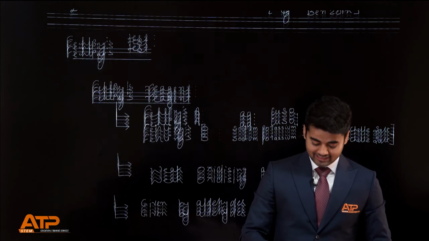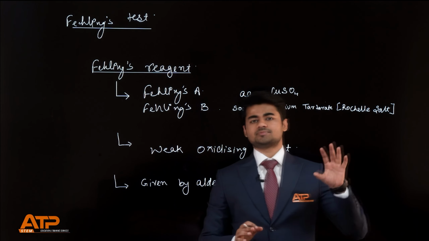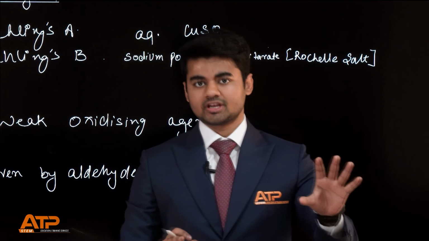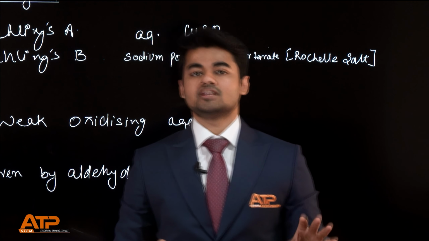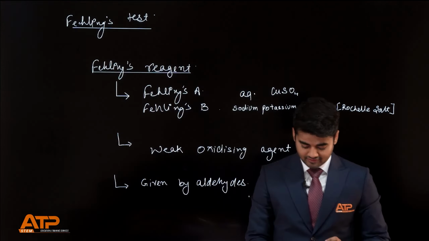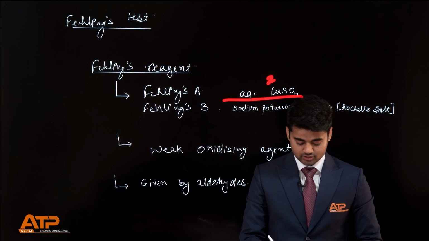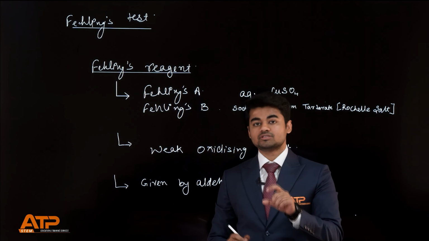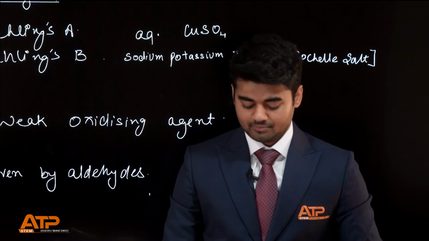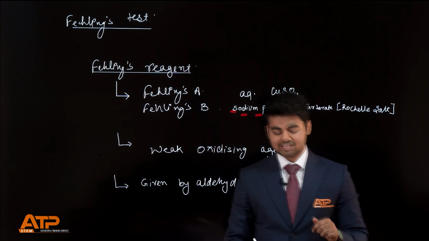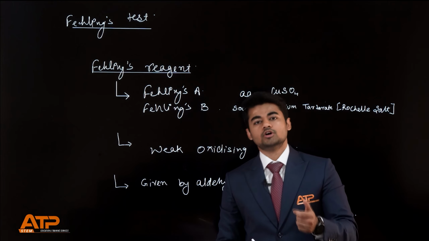So moving on to Fehling's reagent test. Fehling's reagent is made by two solutions: Fehling solution A and Fehling solution B. Fehling solution A is aqueous copper sulfate, as we can see here, copper in +2 form. That will get reduced eventually, and to provide a basic medium we use sodium potassium tartrate, which is also called Rochelle's